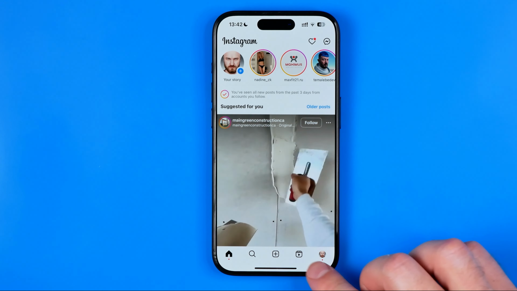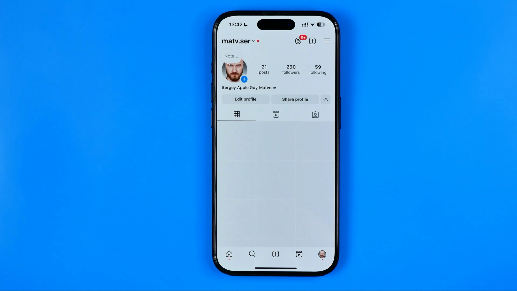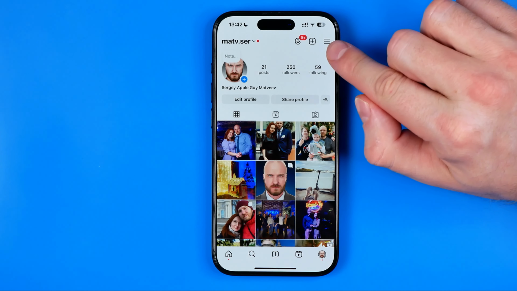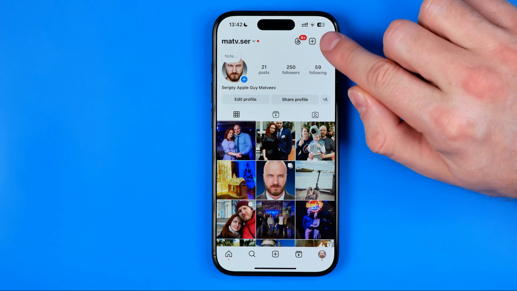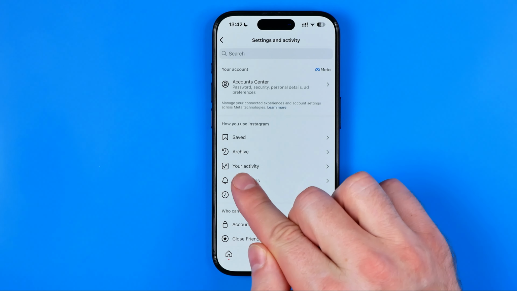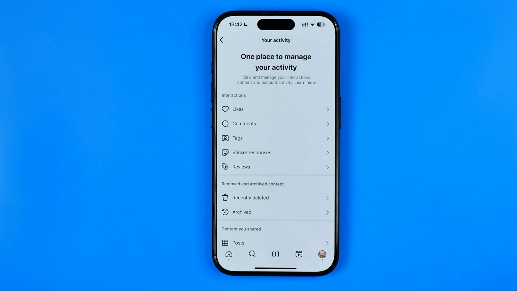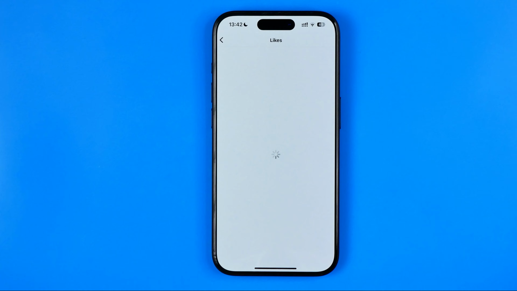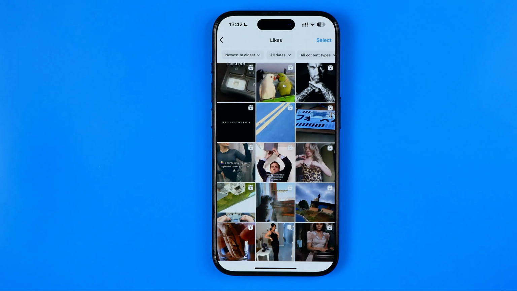Once it is done, tap right here at your profile picture to go to your Instagram profile. After that, tap right here at these three lines. Then you will be taken to settings and activity, and that's where you can easily find your activity. Just tap on it. After that, select likes, and then you will be taken to the page where you can